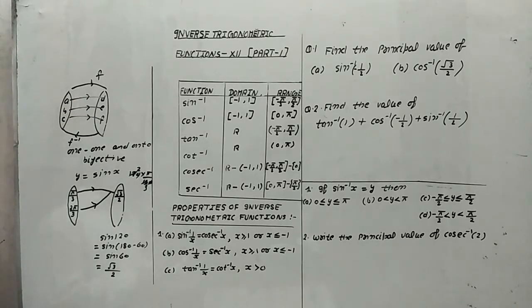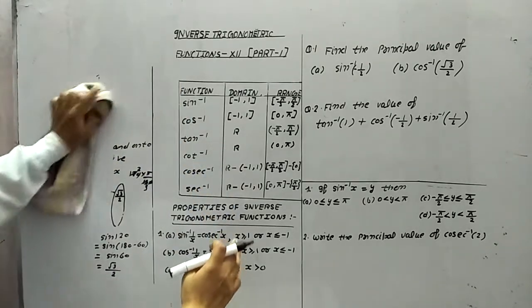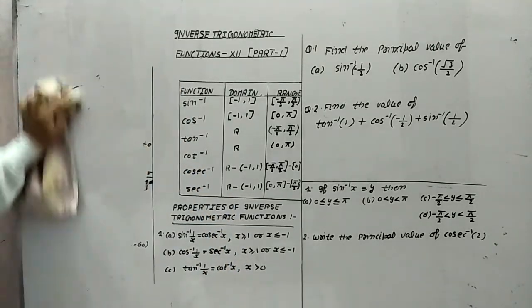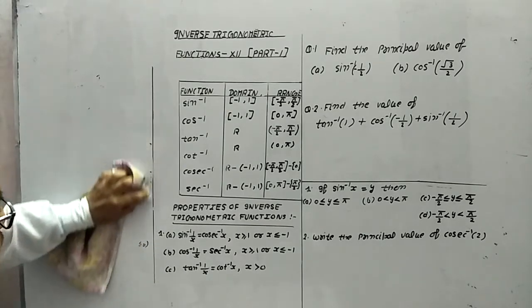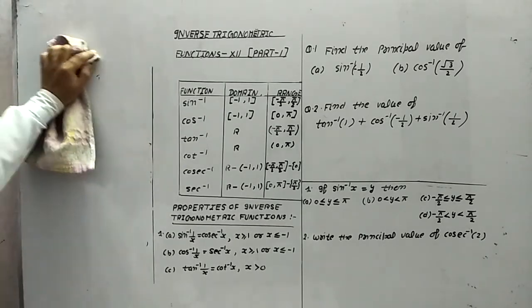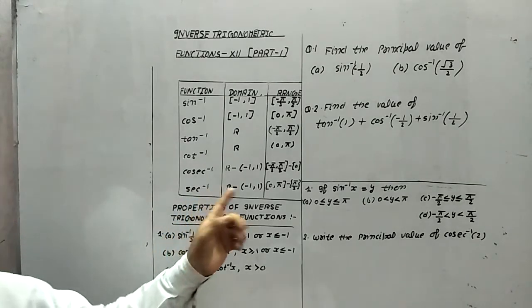So after doing so many calculations, we reached this conclusion that on trigonometric functions, if we apply some restrictions, then they are also invertible. Look at this thing. For this, I had already made a chart which is very important, and you have to remember this chart. In these conditions, all the trigonometric functions are showing their inverse.